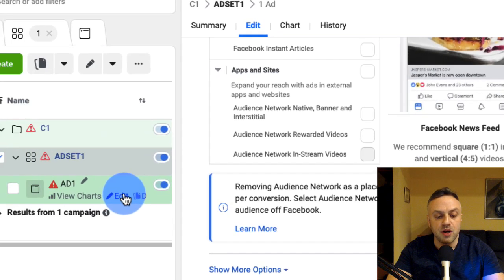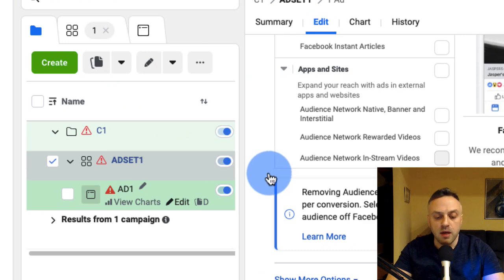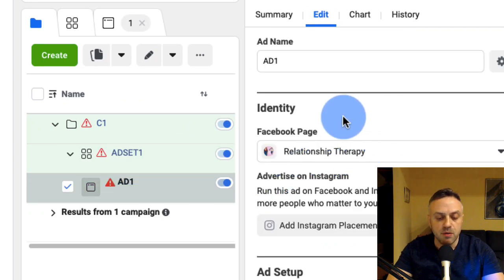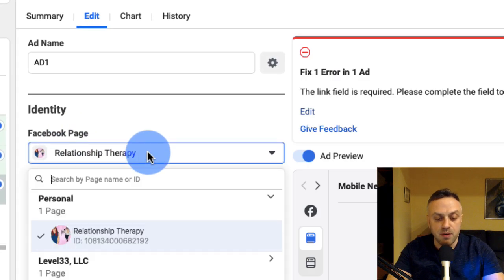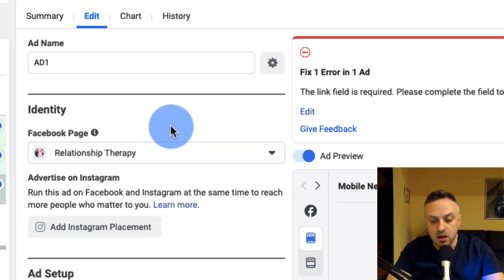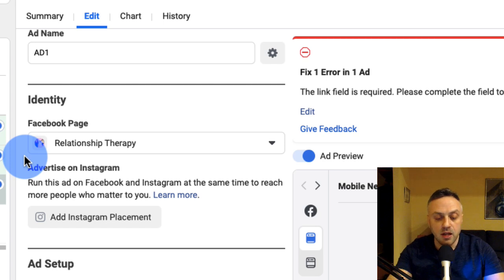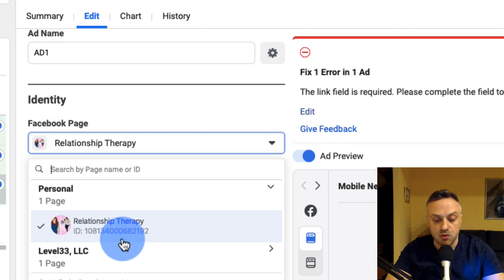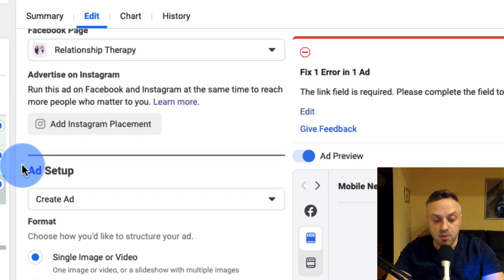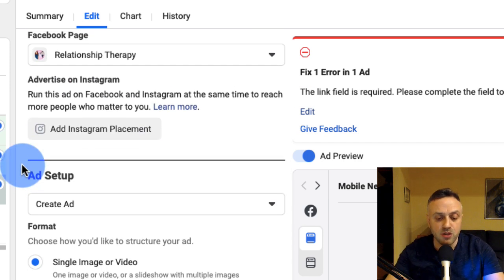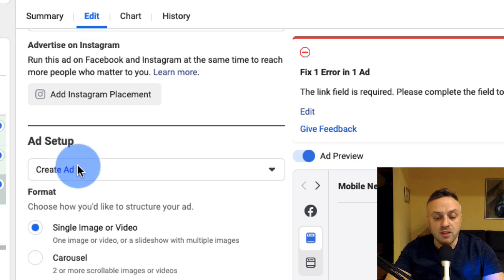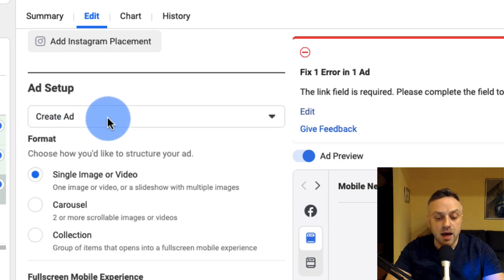The next thing I need to do is create the actual ad, okay? And creating an actual ad is very, very simple. You need to basically create another page, right? Now I have a couple of pages here. I don't have a page for this site because I actually have to go out and create the site. I just have an example. So what you need to do is create a new page, from your account. I have one page here. I basically need to go out and create a page. I'm not going to show you how to do that because that's just going to make the video longer. And then once I have the page, I can create an ad on that page, right?